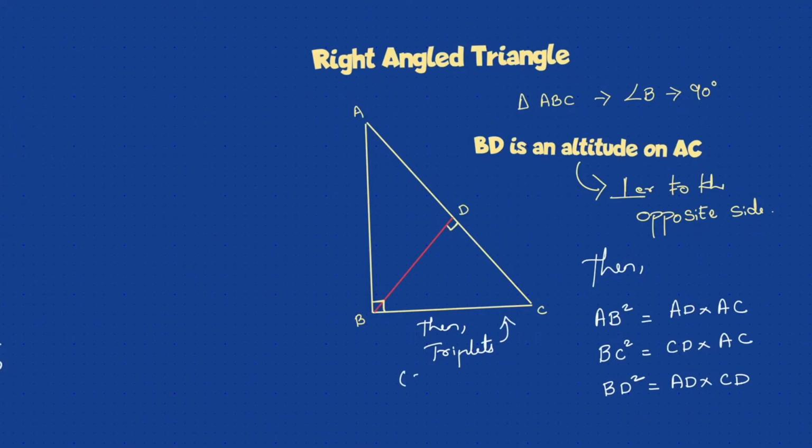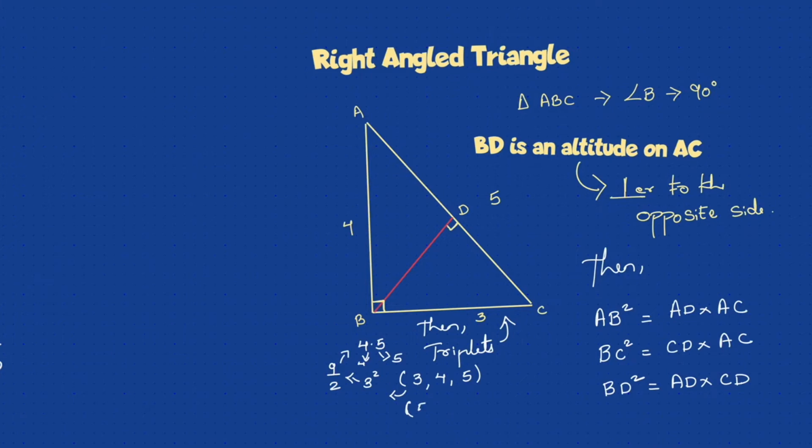Also remember, for a right angle triangle, what are triplets? If one of the sides is 3, which is the smallest odd number, the square of 3 is 9. Divide 9 by 2, that is 4.5. Take the smaller integer 4 and the bigger integer 5. That's it. 3, 4, 5 will be the three sides of a triangle. No need to use the Pythagoras theorem all the time.